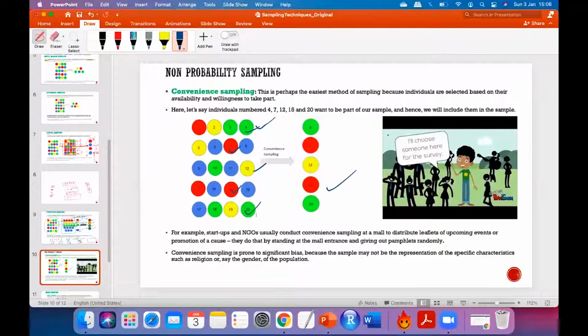Clear? But then, what's the difference between convenience sampling and simple random sampling? You tell me what is the difference here. Did every point get an equal opportunity to be selected in convenience sampling? No. I just did as per my convenience. That means people who are in my vicinity or in my neighborhood got the chance to be selected in my survey, not the whole of Whitefield or the whole of Bangalore. You understand the difference? This is as per my convenience and not as per probability. Clear?